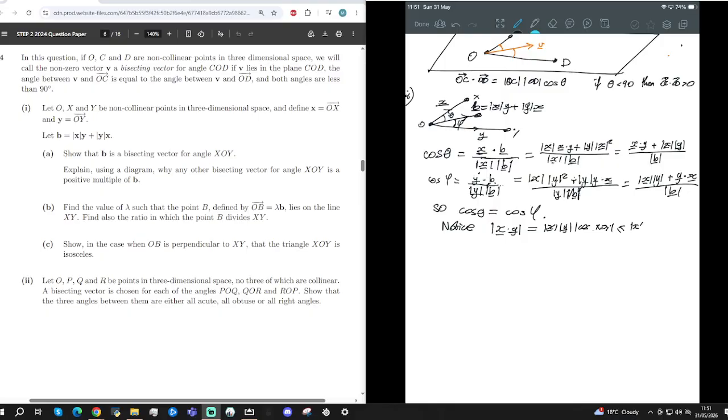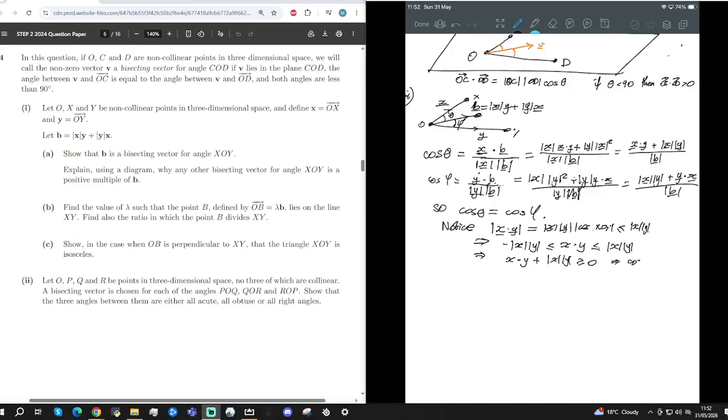So that's less than or equal to mod x mod y, which really means, well, because we're talking about moduli here, this is between negative mod and the positive mods, which means that x dot y plus mod x mod y is always greater than or equal to 0,